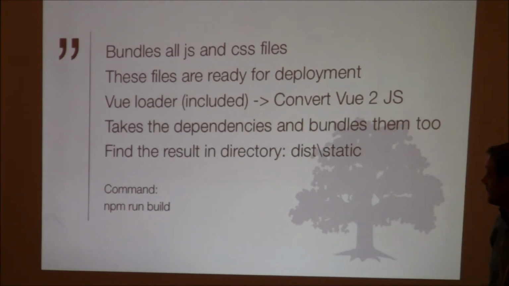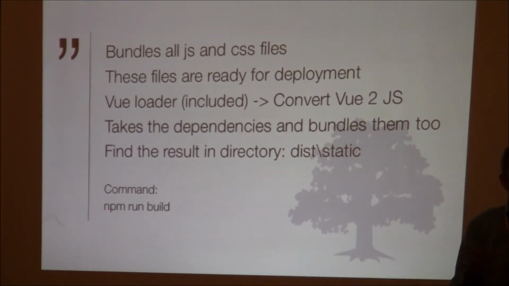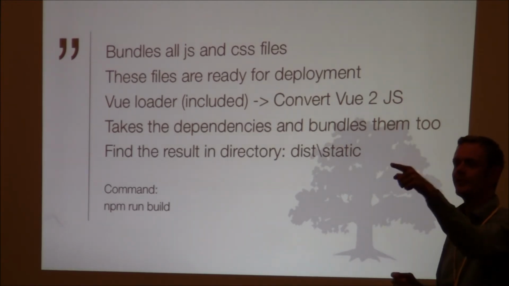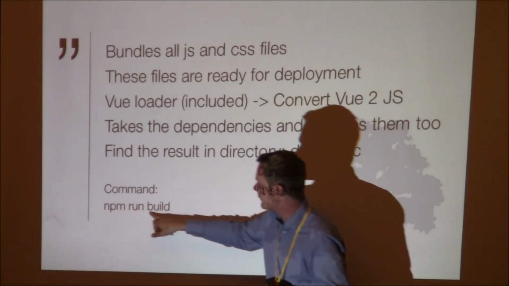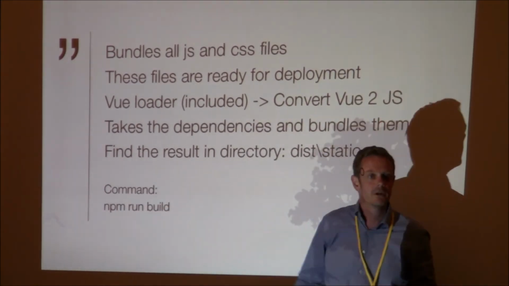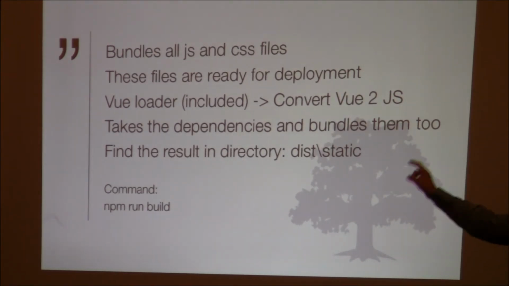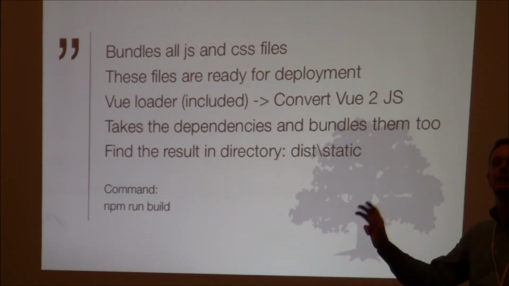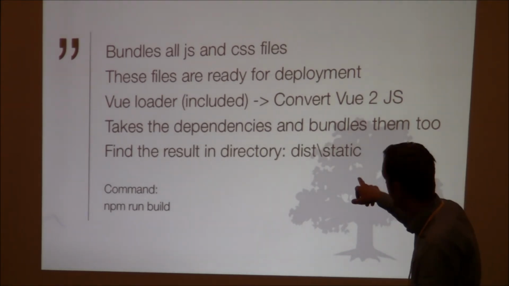And you can find the results in the directory dist static. So this is dist. It's always dist. Source is the source files. Dist are the destination files, or I don't know what dist stands for. Distribution. Ah, thank you. And to get this, just start npm run build, not npm run dev, which we have done before for the development. Now we do npm run build, and then it's compiled once, and you can find all the results in the dist folder.